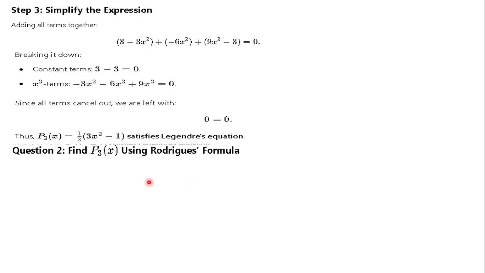Okay. So the next question is find P3. For you to find P3, like I gave you P0, P1, P2, right? Yes, sir. How do we find this value? How do we find P1? How do we find P2? How do we find P3? How did I know that P1 is x, P0 is 1, P2 is 1 all over 2